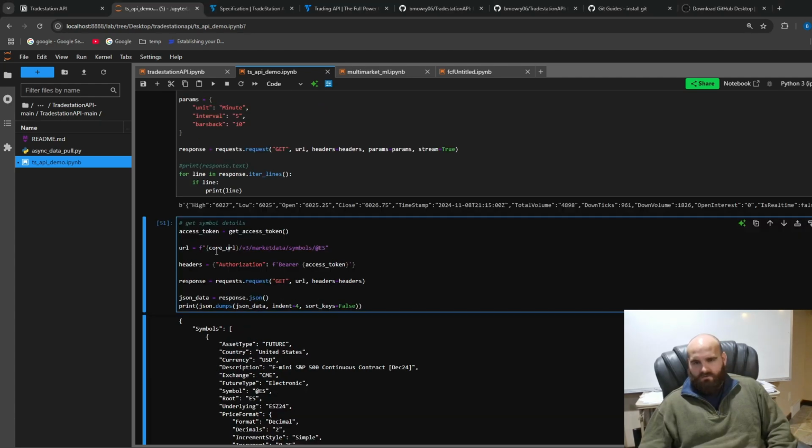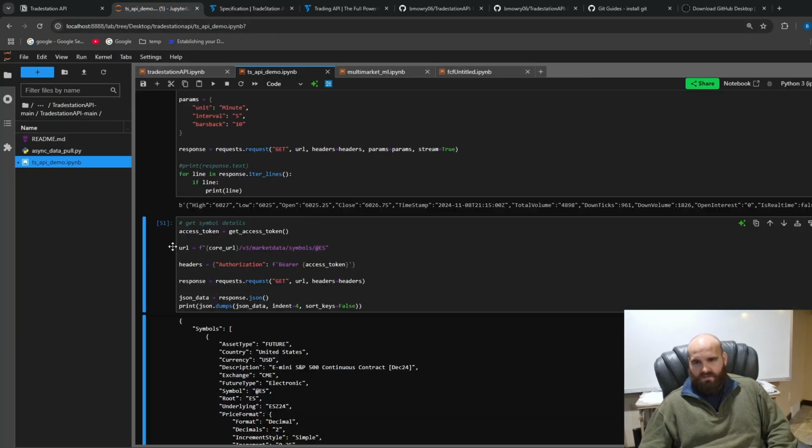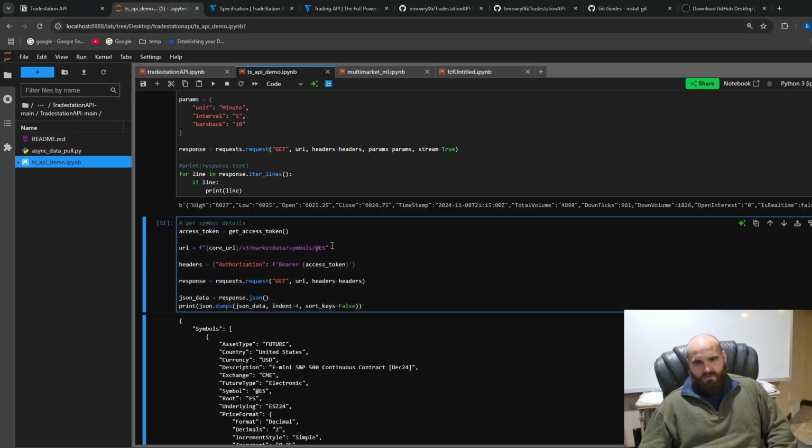All right, now we're going to cover get symbol details. So if we go over to the specifications, get symbol details fetches symbol details and formatting information for one or more symbols. As you can see here, they call it for 2 symbols, on Microsoft and Bitcoin USD. We're just going to call it on the S&P futures. So if we run this,